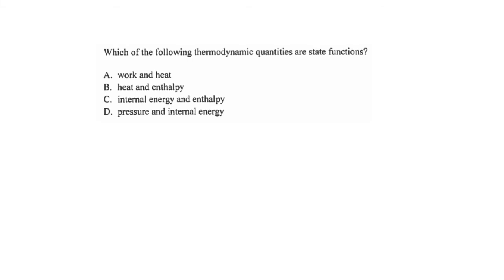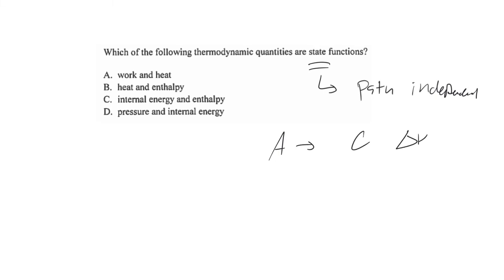Something about state functions, I get this question a lot. What is a state function? A state function is a path independent function. And so like A goes to C, delta H is equal to, say, or let's keep it delta E. But delta E and delta H are state functions, meaning it doesn't matter how we get from A to B, they're the same, or A to C in this case. So the delta E here,